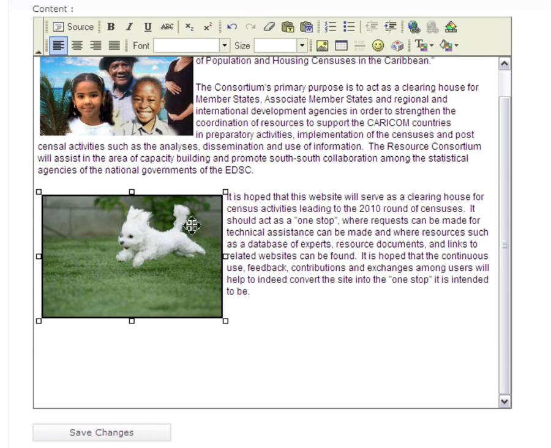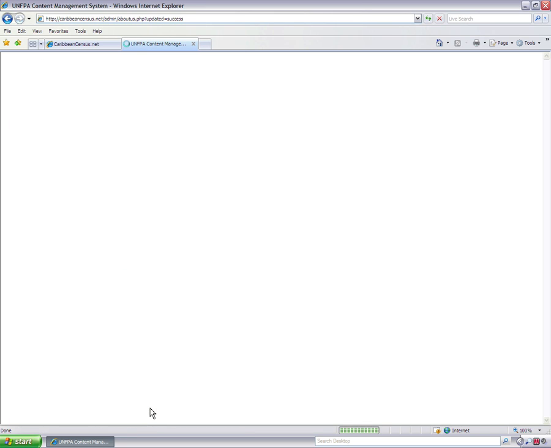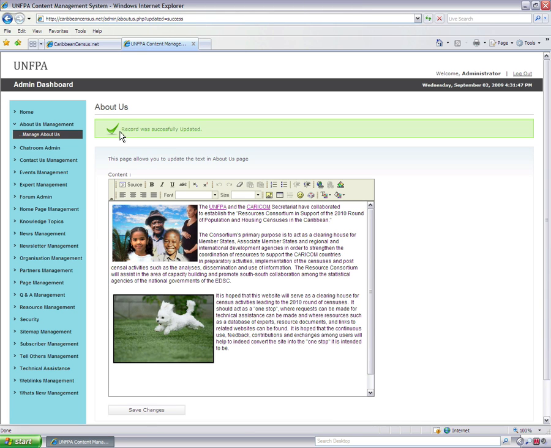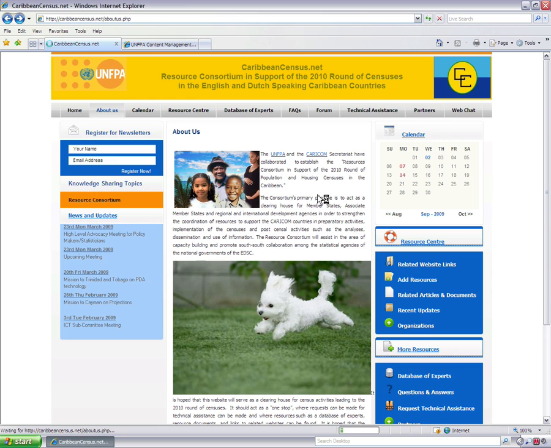You'll notice now the image is smaller, it has a black border, the text is now wrapped around it, and there's a space between the image and the text. I'm going to click Save Changes as usual. It tells me again the record was successfully updated, meaning that the database has been updated. I'll go back to the site. I still have the big image here because I've not refreshed the page. I'm going to now refresh,